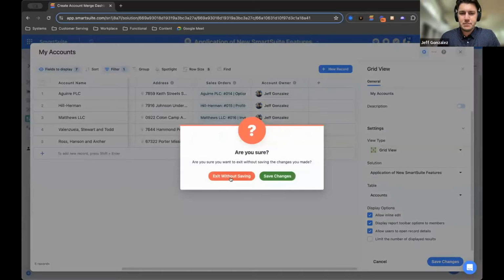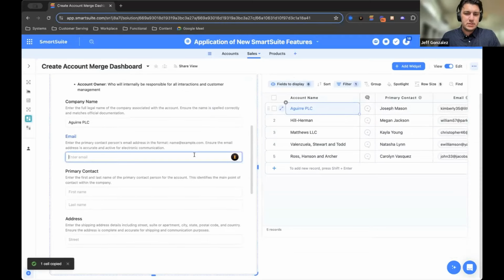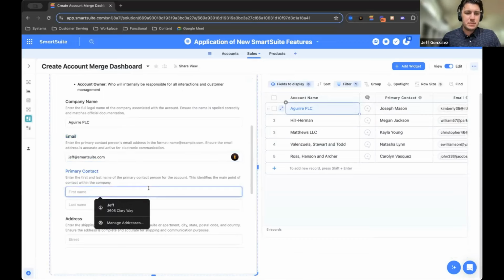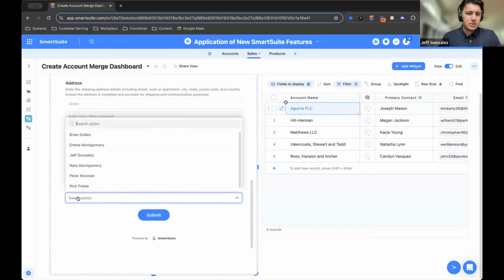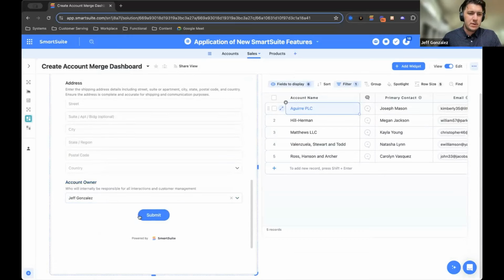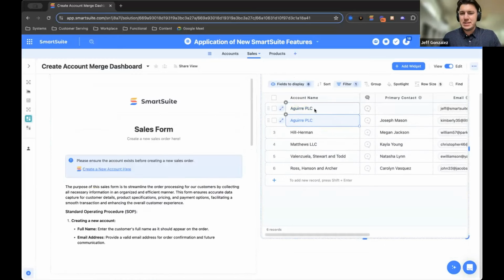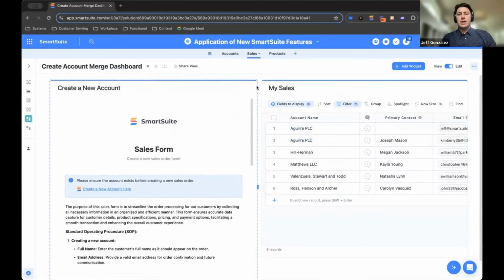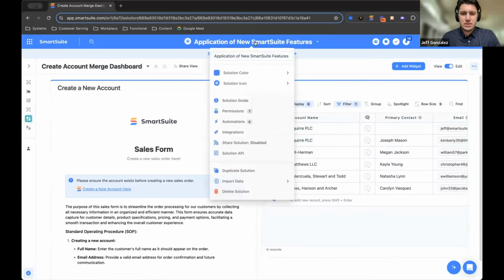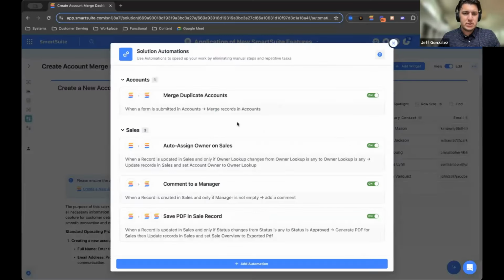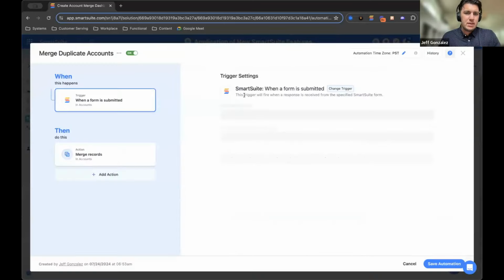I'll exit without saving. Let's go ahead and just create a new account and show this new feature off. We'll say Jeff at smartsuite.com. None of these other fields are required, so I will avoid that. I'm going to make sure the account owner is Jeff Gonzalez so that we can see it pop into this list. We saw Wire PLC, and in automation, we'll go ahead and actually fire off the moment that we do that. We'll give it a second to figure out what's going on, but I'm going to talk about the actual